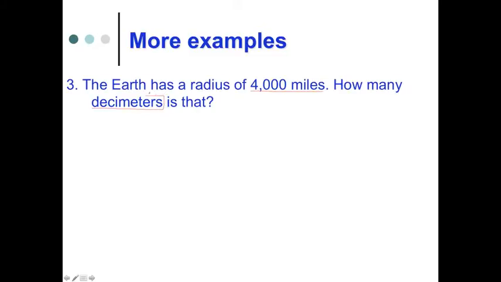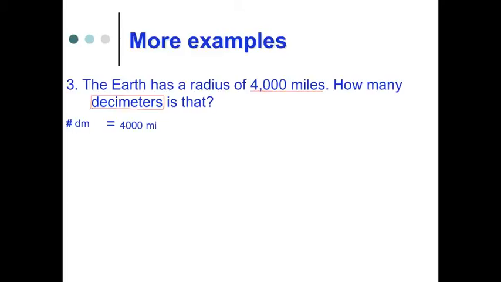Now, it didn't give us any conversion equalities in the problem, but that's not a big deal because we can look those up. Conversion equalities are commonly shown in the back of science and math textbooks. We can find them on the internet, and because I'm that kind of teacher, you'll get a whole table full of conversion equalities that you can use as a reference throughout the year. So to start to build this problem, we can say we want to know the number of decimeters that's equal to 4,000 miles,